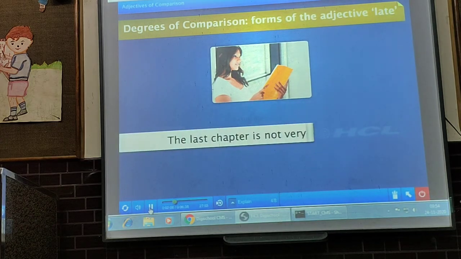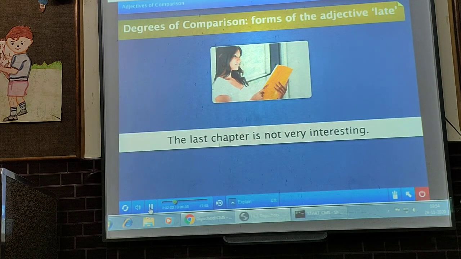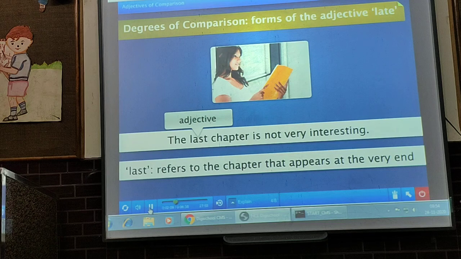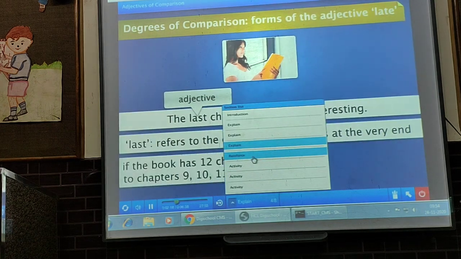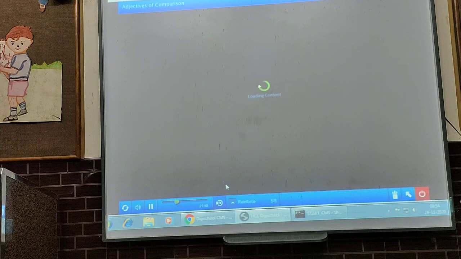Now read the sentence. The last chapter is not very interesting. Here, the adjective last refers to the final chapter or the one that appears at the very end. To understand the difference between latter and last, let's understand this example better. Suppose the book